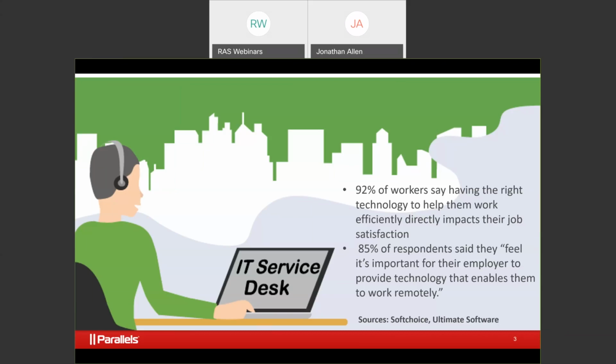It's been reported that 92% of workers say that having the right technology helps them work efficiently and drives impacts to their job satisfaction. 85% of respondents, when they're asked, say they feel it's important for their employer to provide technology that enables them to work remotely.